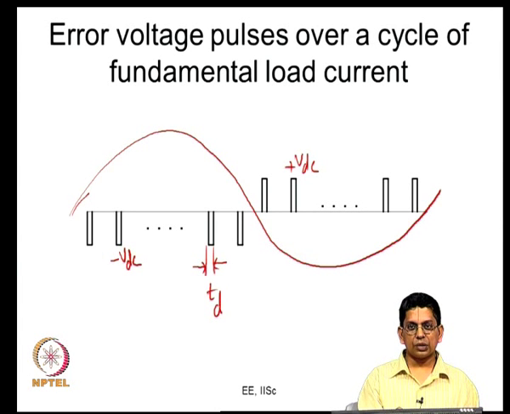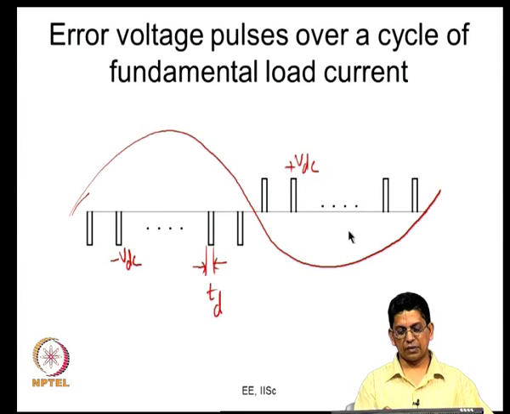Now, what we are trying to do is, rather than predict the actual pole voltage, we are trying to predict the ideal pole voltage, which is easy to predict because it comes directly from the comparison, and we are also predicting the error between the actual pole voltage and the ideal pole voltage. So, that is our combined output. What is our actual inverter output? The inverter output is the ideal output plus this error added to that.